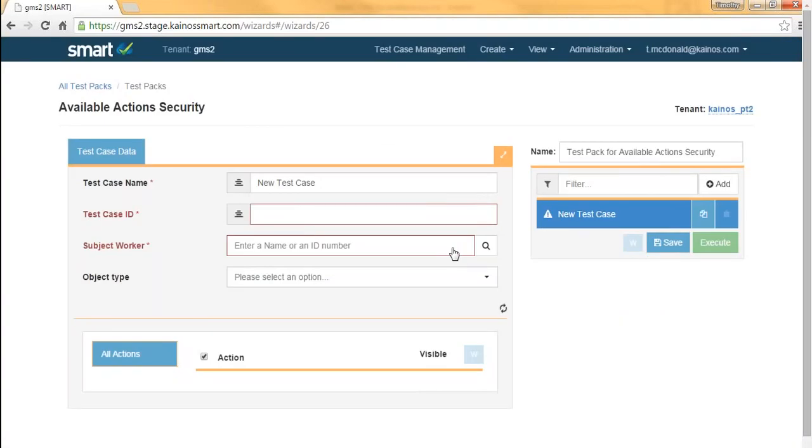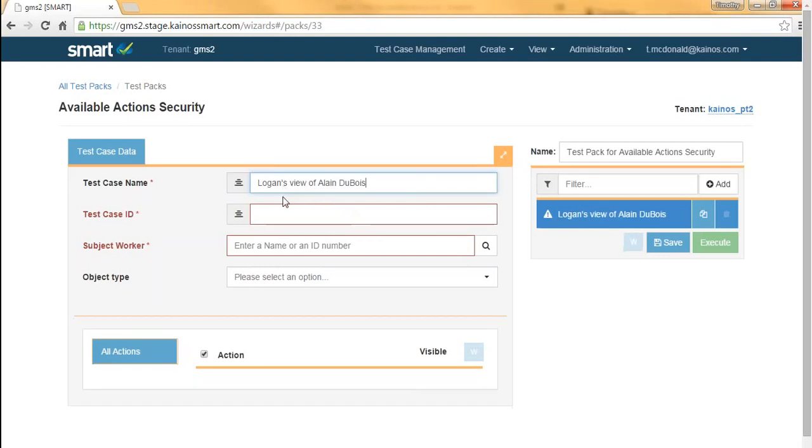Once you've been verified, you will be brought into the available action security wizard, where everything is completely data-driven. And we can start building up our first test case. The first detail that I want to provide here is a test case name. Now I want to build up a test case to check what access Logan has for Alan Dubois, the worker. So the first thing I'll do is update the test case name to say, what is Logan's view of Alan Dubois? I'll then provide a unique test case ID, and then we'll be prompted for the subject worker,